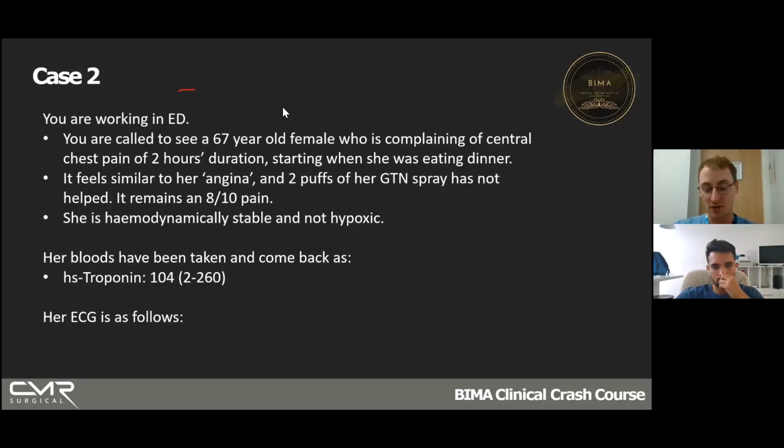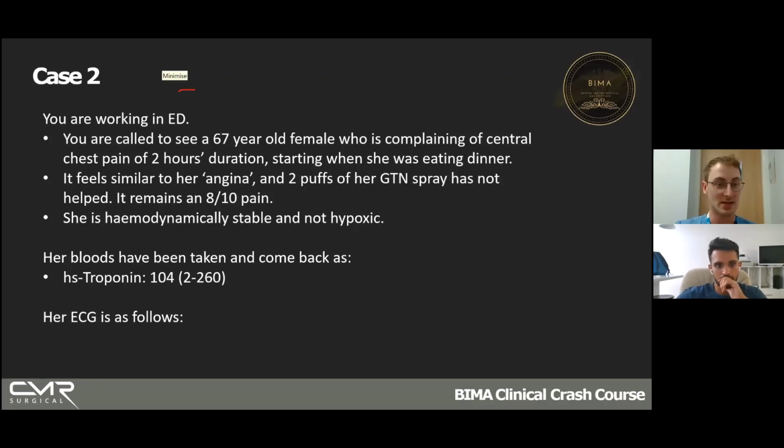A CT coronary angiogram is used when you have stable angina. It's less risky than an invasive angiogram, it's cheaper, and it's quicker. So it's used in stable angina. But when you've had a full-blown heart attack, you just want to have a good look at the arteries. So hopefully that answers your questions.